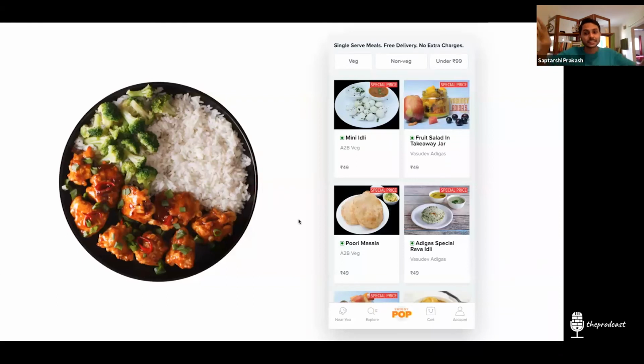We picked up selected items from different restaurants and put them in one single page, so that you skip one unnecessary step. You just pick an item, pay in one step, and you are done. No fears about why am I paying extra, or what will I do with the extra food which I won't be able to finish. No concerns at all. You use Pop and you're done, right?